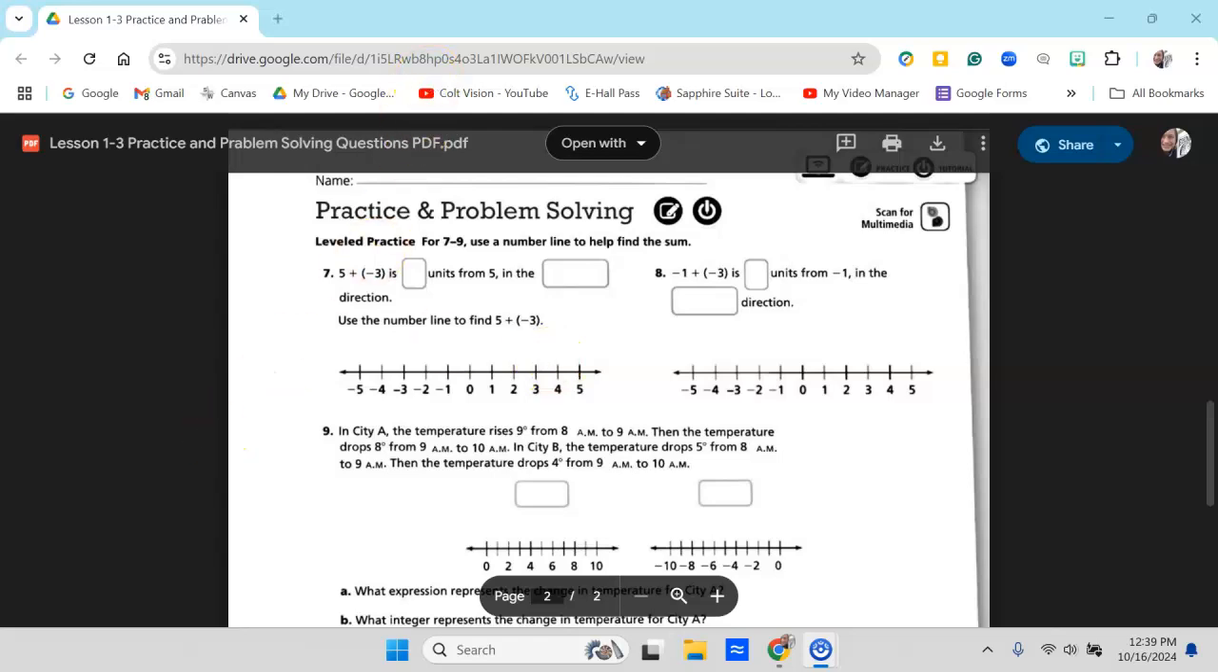This is about the homework from page 23, and I just wanted to go over a couple of things because I think there was a little bit of confusion about the assignment. So I'll go over a little bit about number 7 and a little bit about number 9. So number 7 says 5 plus negative 3 is, filling in the blank, 3 units from 5 in the negative